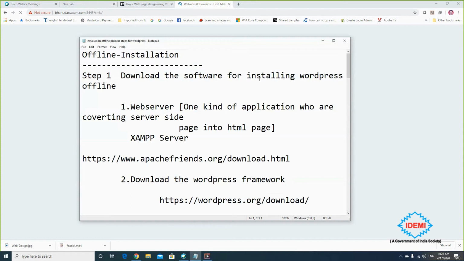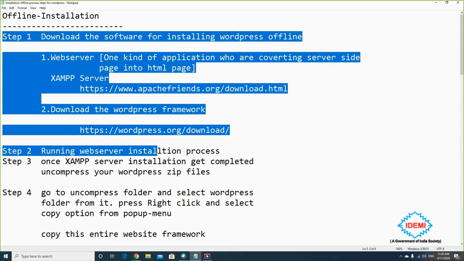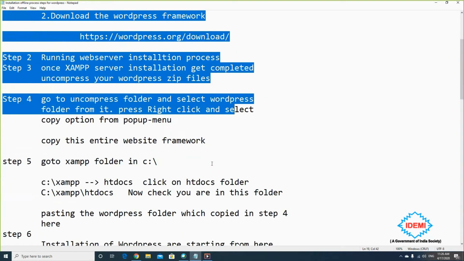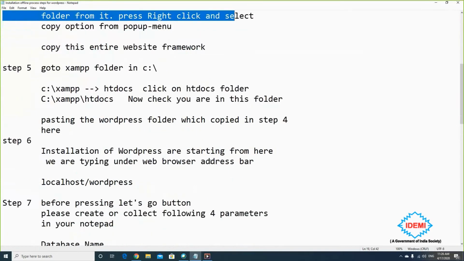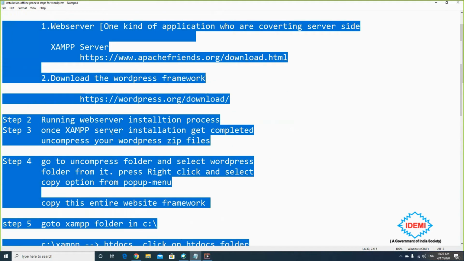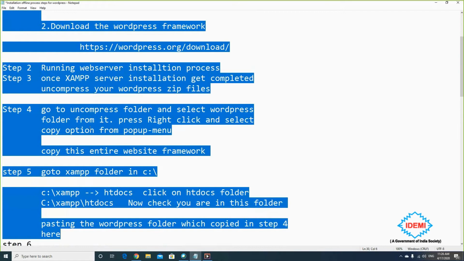So what happens here? When you are doing online installation, this entire part is skipped. All these 5 steps are not there. Directly it will start from step 6.